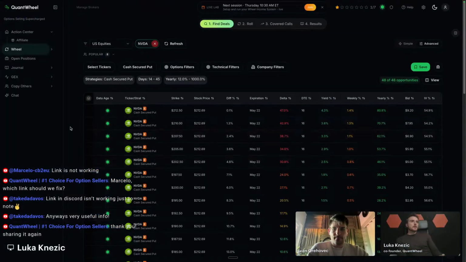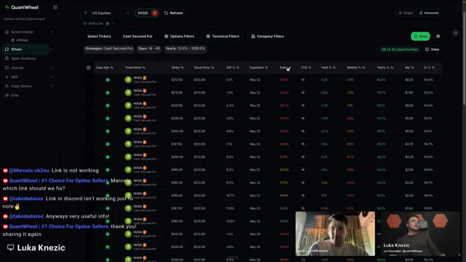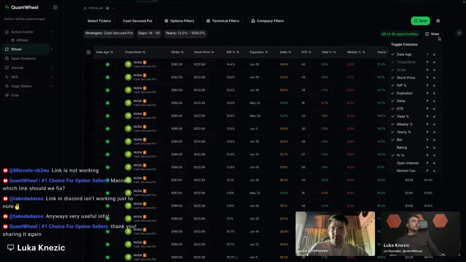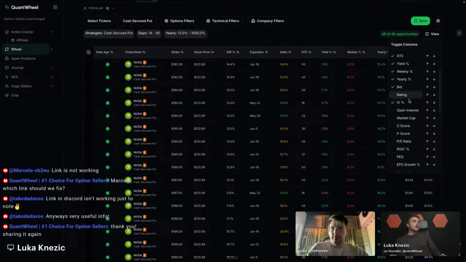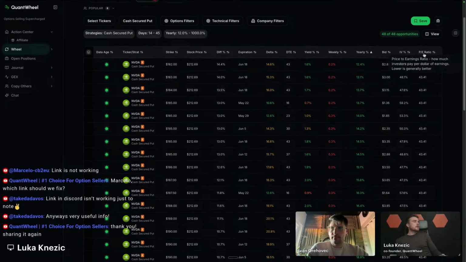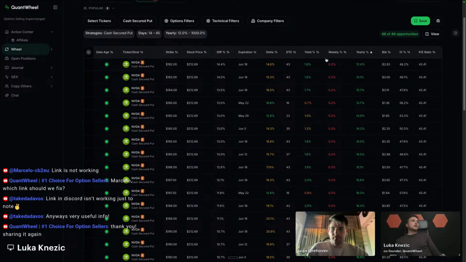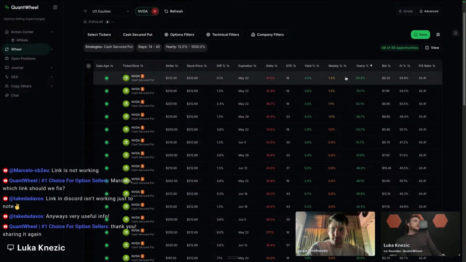Well, on QuantWheel, you can just go here, and what you can do is see if the delta is the right delta for you, or if you have the right yearly yield. So you can add more data that is interesting to you in this column. I wanted to see, for example, the PE ratio. I can just click it here. It'll be shown here, and I can see NVIDIA's PE ratio, and then sort by yearly yield, and I can see the most profitable trade right now. Here it is, this one, and